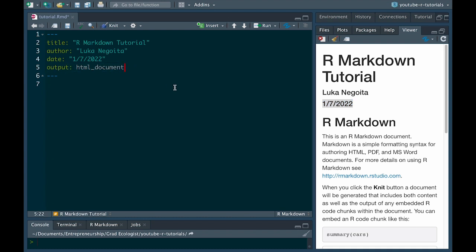And again, you can also output as a PDF as well as a Word document, but we're not going to do that in this tutorial because it does require installing a few other packages and that can be a little finicky. So I'm just going to keep it simple for now, and really all you need is the HTML file. It's quite versatile enough as it is, and you can share it online really easily and print it as well. So that should be adequate enough for now.